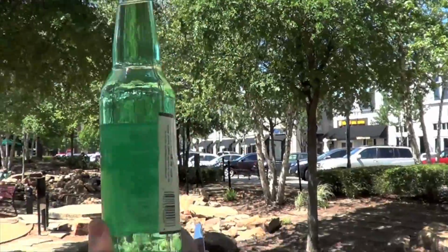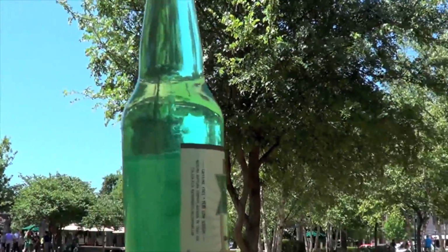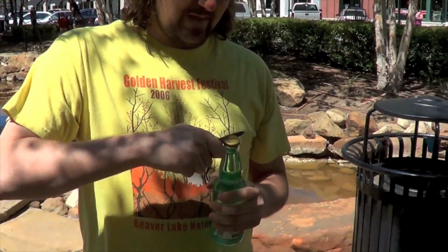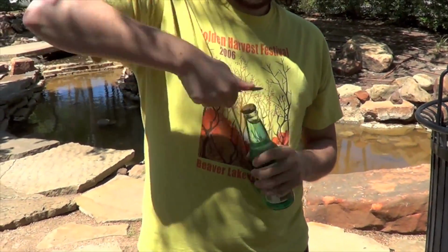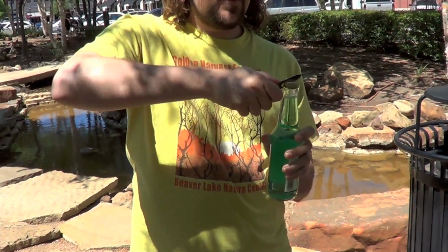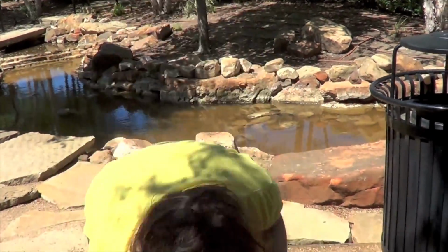The color, I cannot get over it. I was just freaking out at the store with this color. Beautiful. Let's get that in the sunlight. Sea green is maybe the best way I could describe it, but I love this color. I want to marry this. This is my new favorite color. It does look awesome and very light. Now these are not entirely chilled, but...